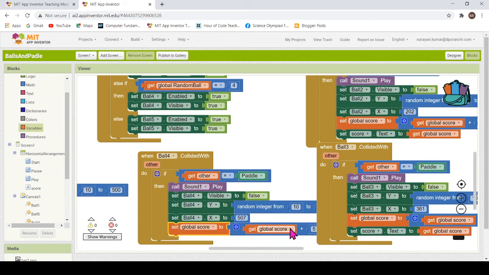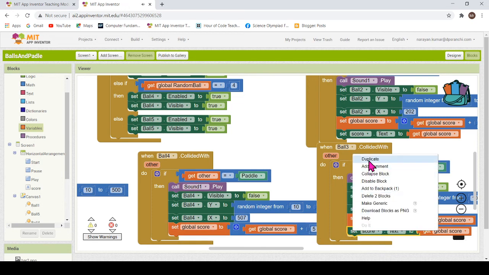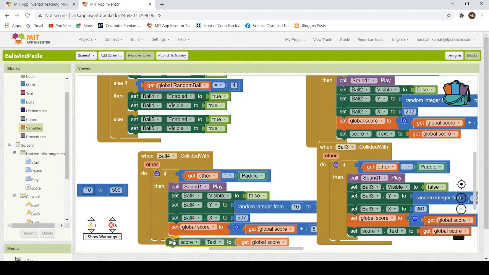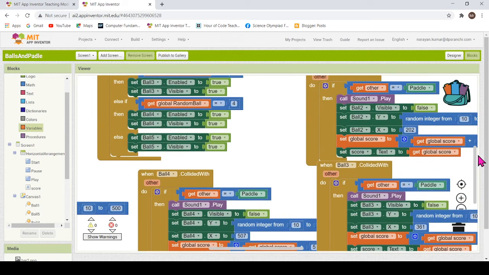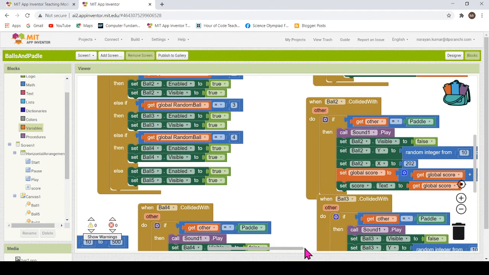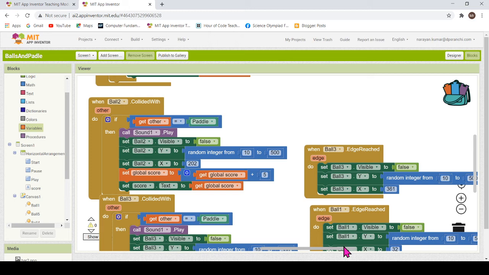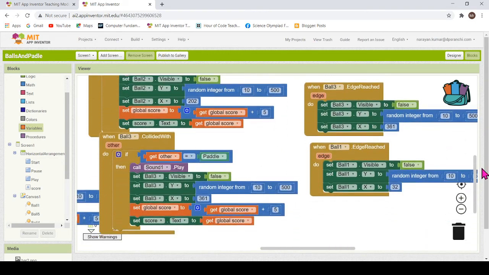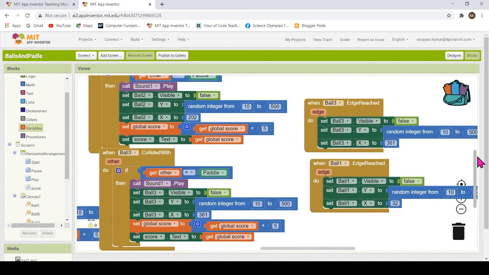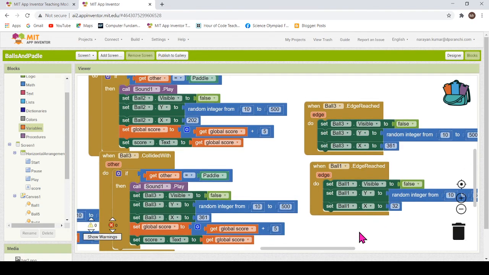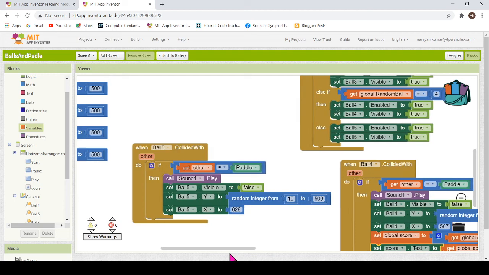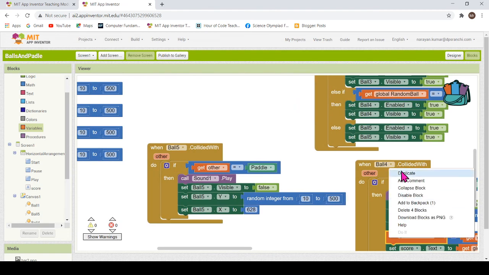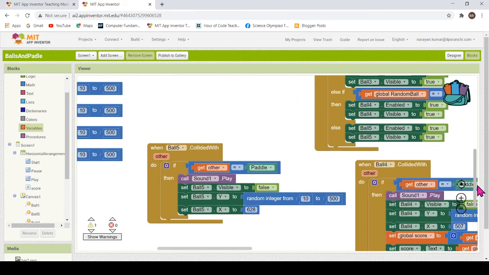I hope you understood the concept behind this. I took one variable. In that variable, I'm adding the numbers and the same variable I'm displaying on the screen. That's it. Okay, let's do the similar thing with ball 5 also. It is left, I think. Let me see where ball 5 is. Ball 1 done, ball 2, ball 3 done, and ball 4 and ball 5 are just next to it. So let me do it with ball 5 also.